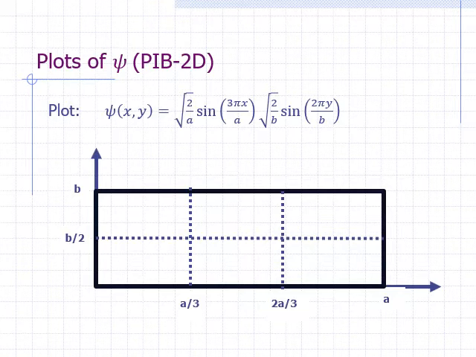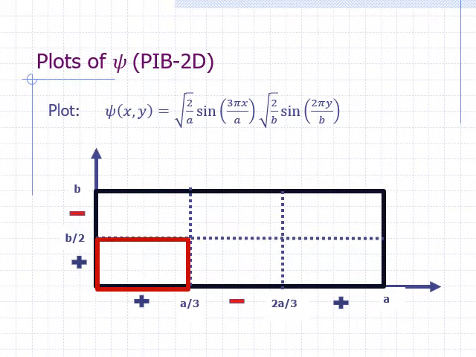Now, let's see what the algebraic signs are for our wave function. We know the function changes algebraic sign as we go through nodes. We know that the part that depends on x is positive before the first node on the x-axis, negative after the first node, then positive again after the second node. We know that the part that depends on y is positive before the node on the y-axis, then negative after that node. What we've done is divided the box into sections based on the location of the nodes.